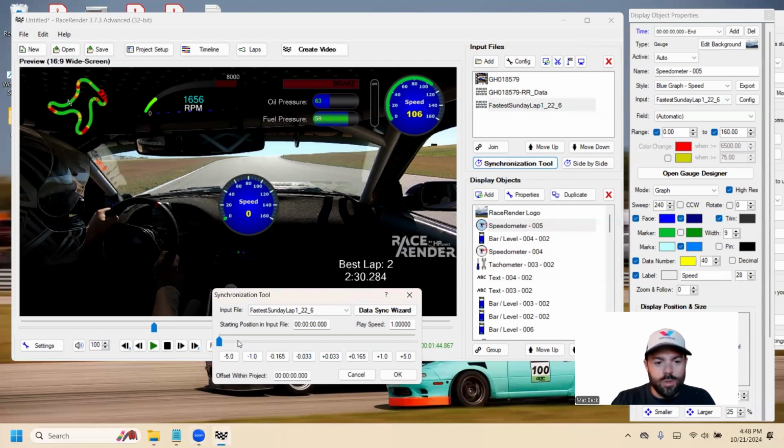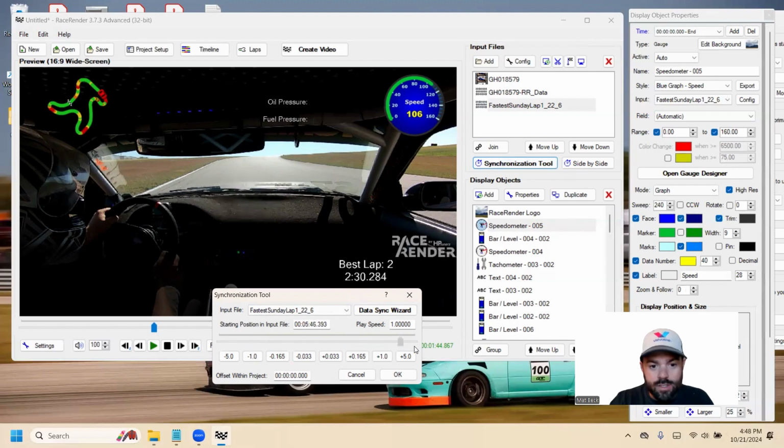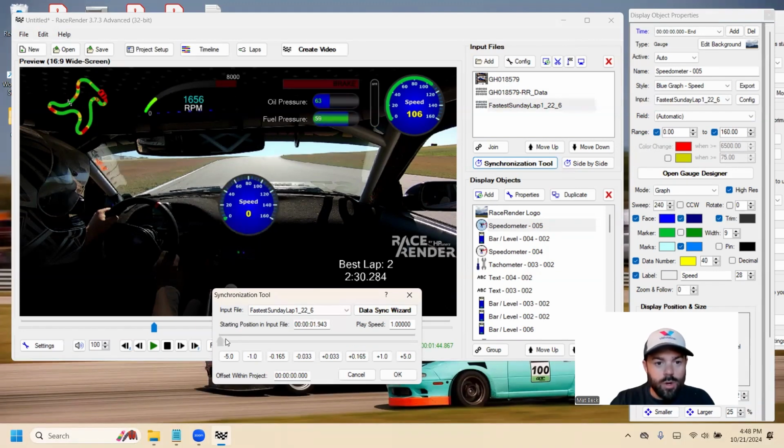So this is the start of the file. I'm not sure how long it is. Looks like it's about 6 minutes. So you're just going to think about being in the paddock and then going on an out lap and then coming back in. So I'm looking at when I actually started driving, about right here, I guess. Well, it's pretty fast. Okay, so 23 seconds in,